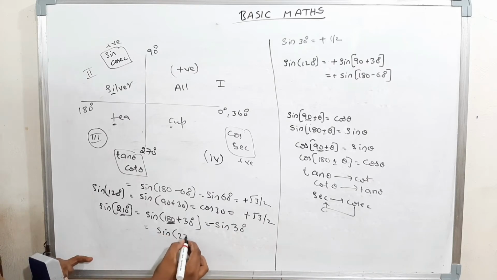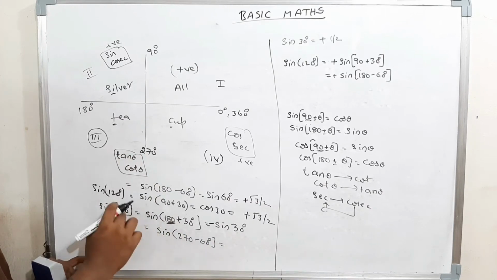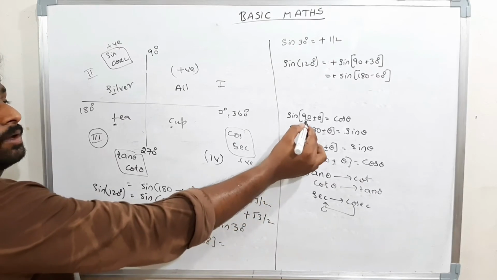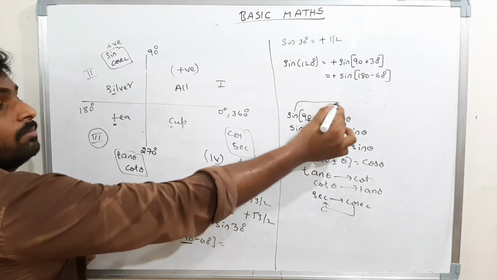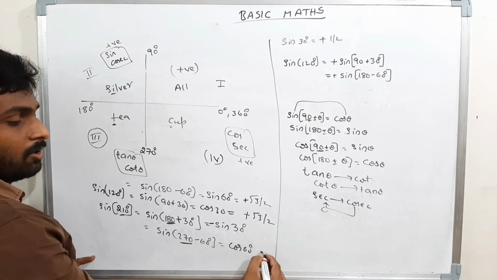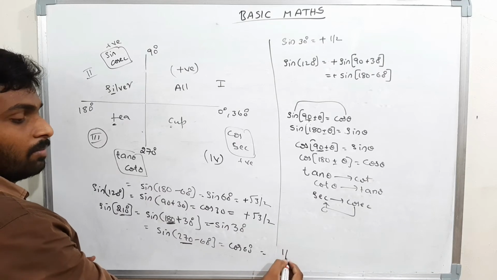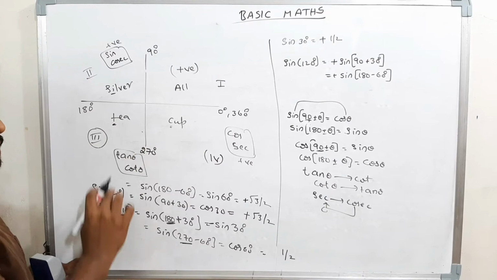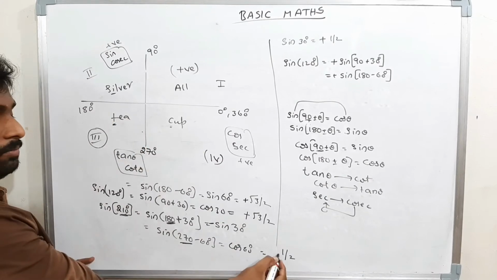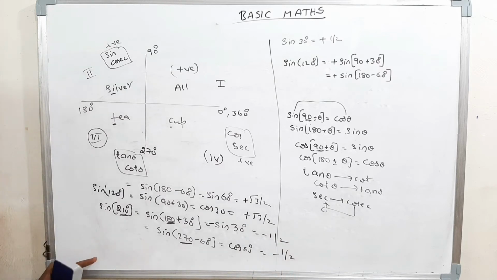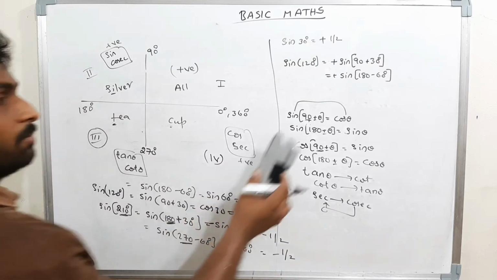Now you can do it in another method. Sine of 270 minus 60 degrees. 270 minus 60 is also 210. Now 270 is an odd multiple of 90. Then the sine will become cos. Cos 60 degrees. That is nothing but how much? 1 by 2. Now sine 210 lies in the third quadrant and the sine value is negative in this third quadrant, therefore negative. Minus 1 by 2. Here also minus 1 by 2. I think this is clear for everyone. I will show a few more examples.